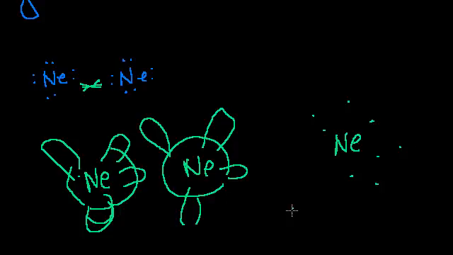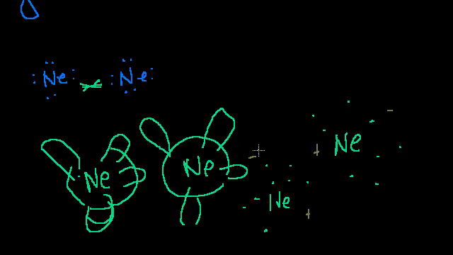Similarly, if at that very same moment I had another neon that had 1, 2, 3, 4, 5, 6, 7, 8, that had a similar, actually let me do that differently. Let's say that this neon atom is like this. 1, 2, 3, 4, 5, 6, 7, 8. So here, and I'll do it in a dark color because it's a very faint force. So this will be a little negative temporarily, just for that single moment in time. This will be kind of negative. That'll be positive. This side will be negative. This side will be positive.